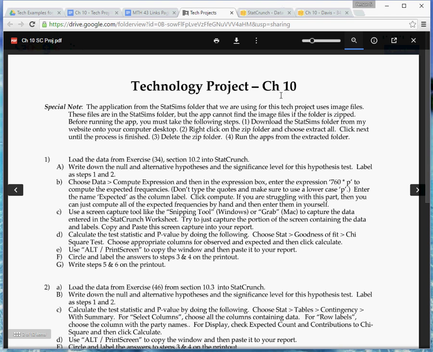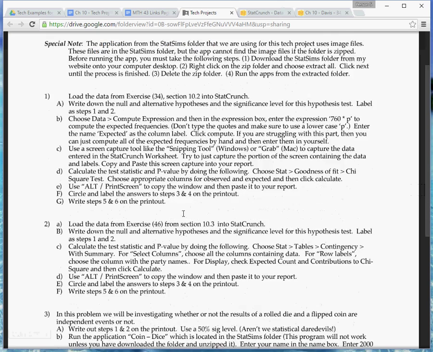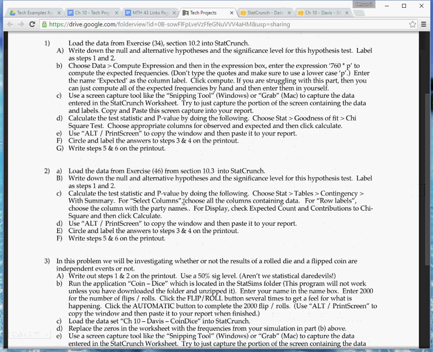Hello, this is the video for the Chapter 10 Tech Project Part 2. So I'm going to go ahead and do a quick run through on this one, skipping some steps and showing you the StatCrunch part. So let's see, Part A, load the data from exercise 36 from exercise section 10.3 into